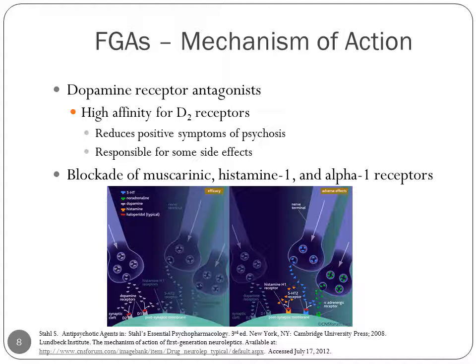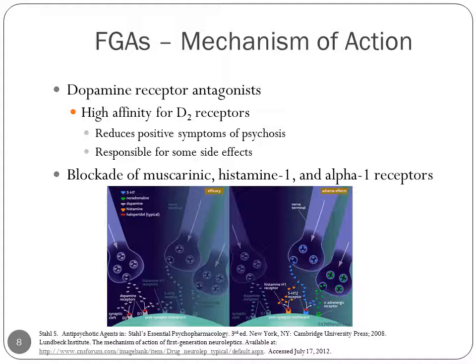You should have already learned that patients with schizophrenia are thought to have an excess of dopamine. So these medications work by blocking dopamine, and they specifically have a high affinity for the dopamine 2 receptors, so they will bind to those receptors and block dopamine from binding. This is thought to reduce some of the positive symptoms of psychosis and is also responsible for some side effects